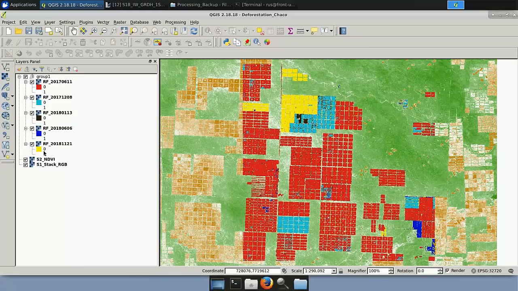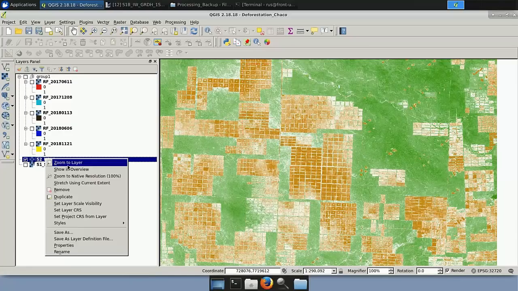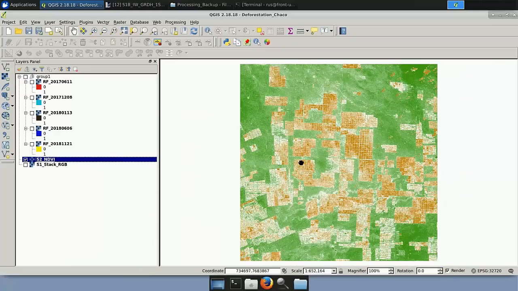What you can see here, first of all, is an NDVI layer produced using a Sentinel-2 image of the area. As you can see, NDVI already gives you a very nice visualization of deforested areas, but in this exercise, we are focusing only on Sentinel-1 data. So I'm using this only for reference. Now I'm going to